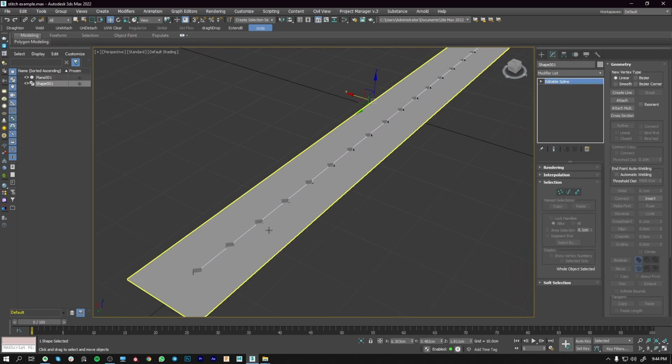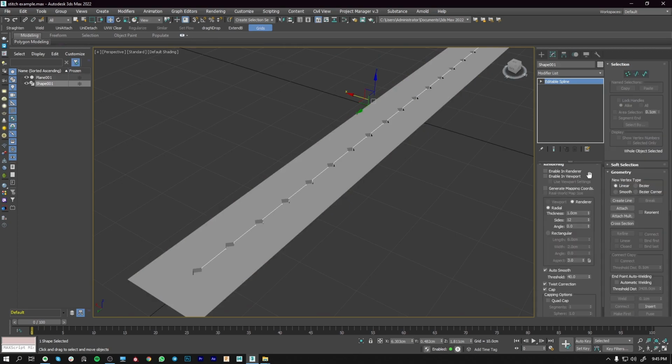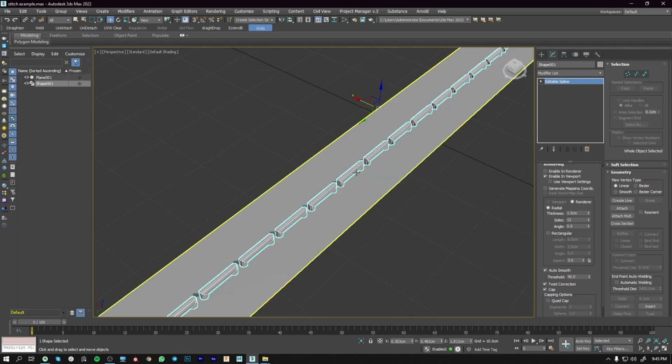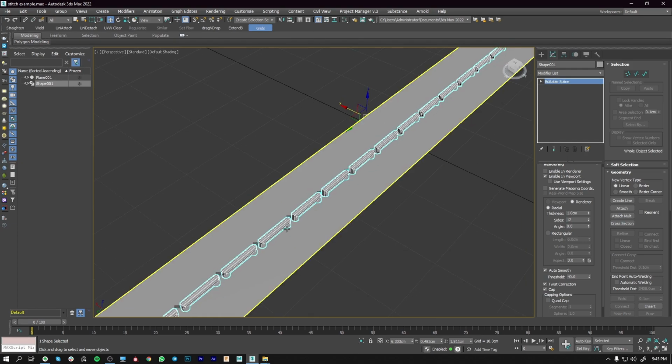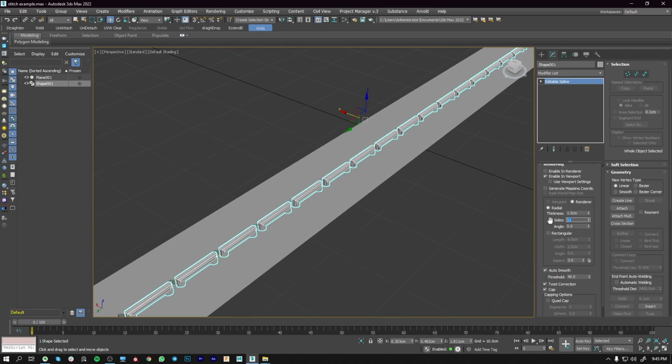Then I'm going to create the spline and come under the rendering tab and click this enable in viewport option. Right now the poly count is too much, so I'm going to give 4 in sides.